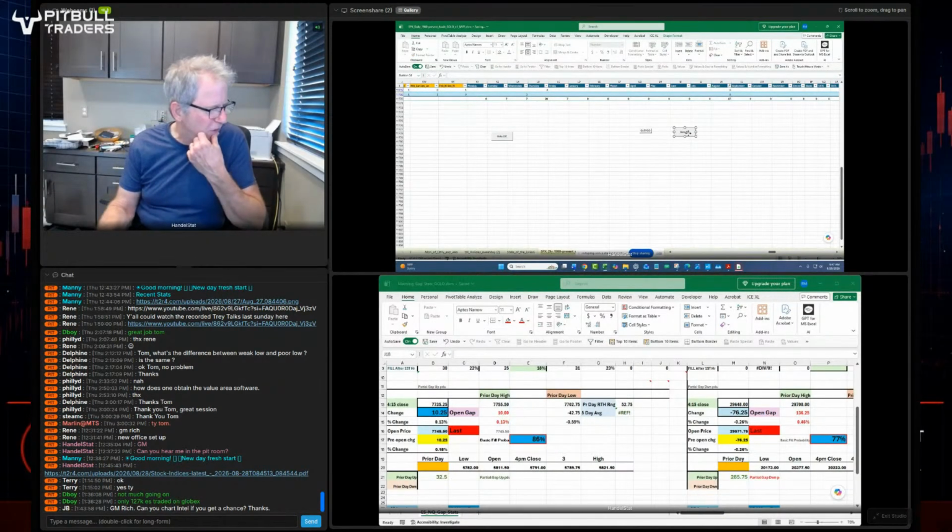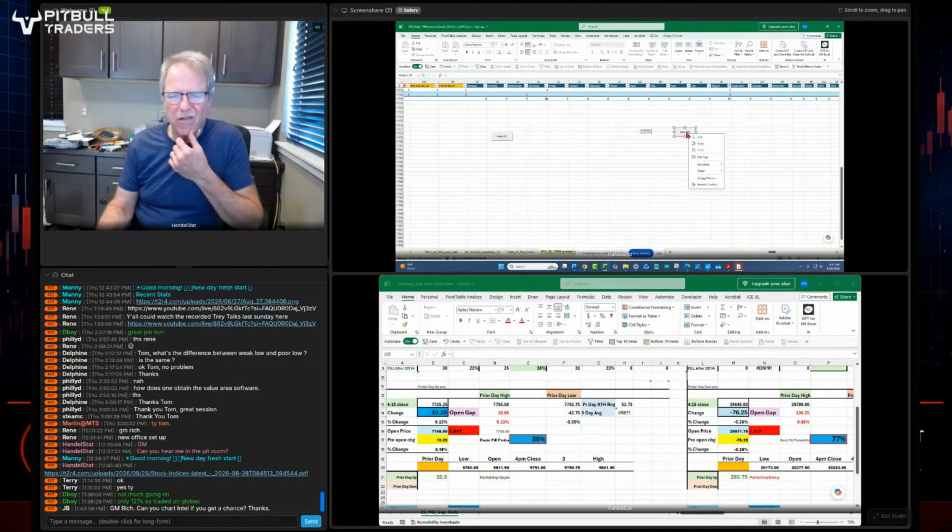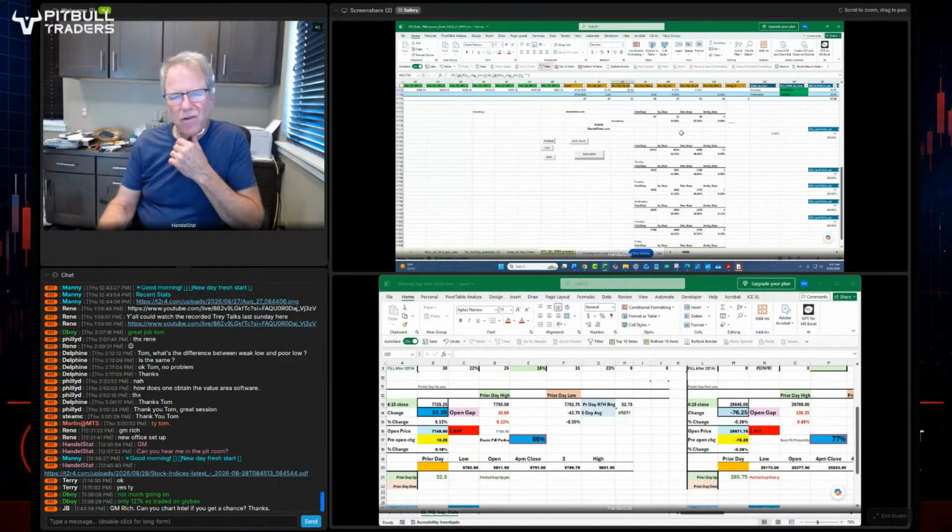This database goes back to like 1980, so there's 47 years. Go to daily change. The second to last day of August tends to be a little negative. It's been up 21 times, down 26 times. Slight negative, nothing really that you can tell.